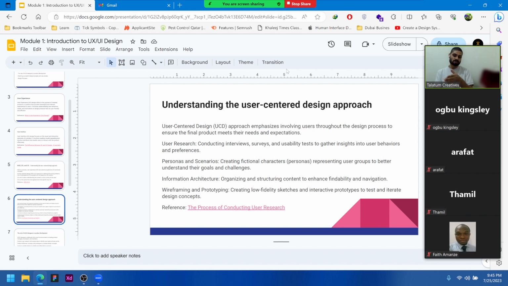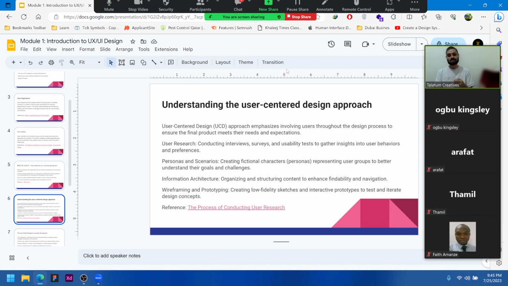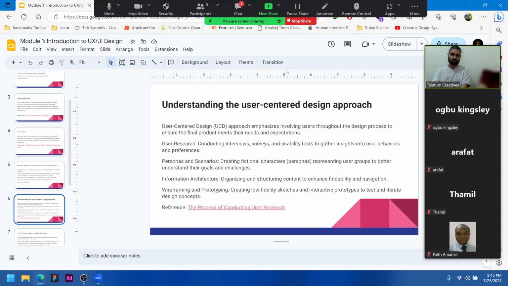B2B means business to business, like Alibaba and AliExpress, which deal directly with businesses. So their customers are business houses, like wholesale sellers and resellers. So anyway, as a UX UI designer, what you have to do is think